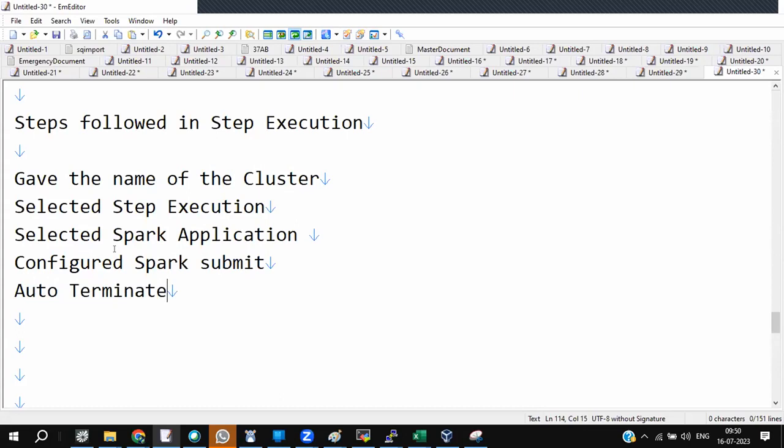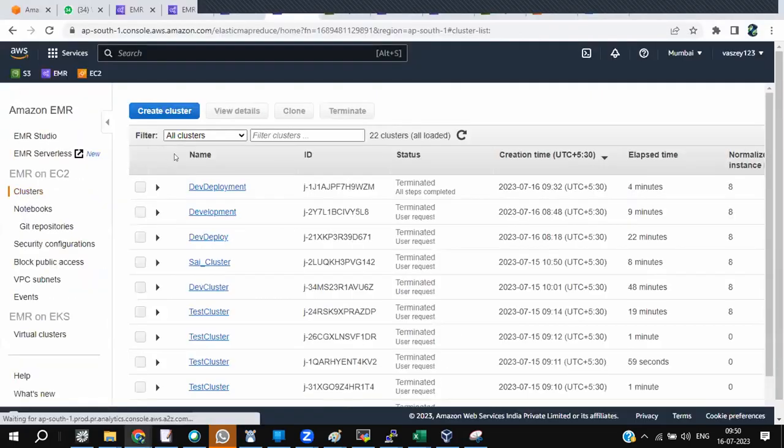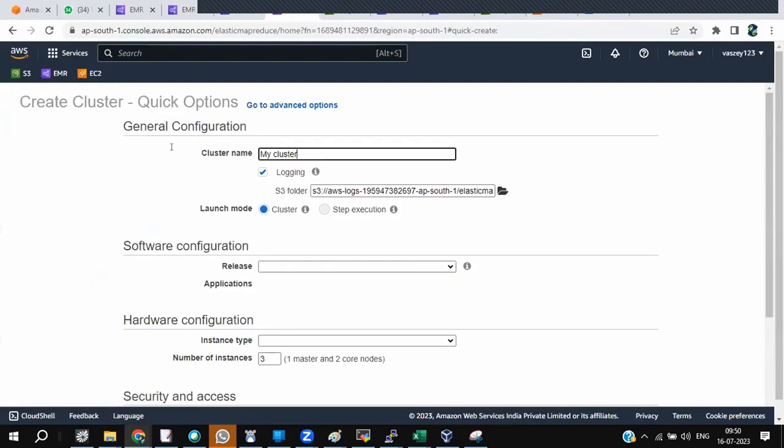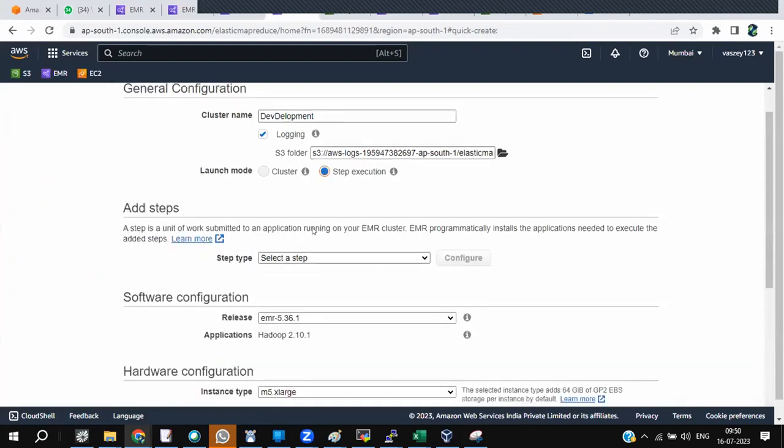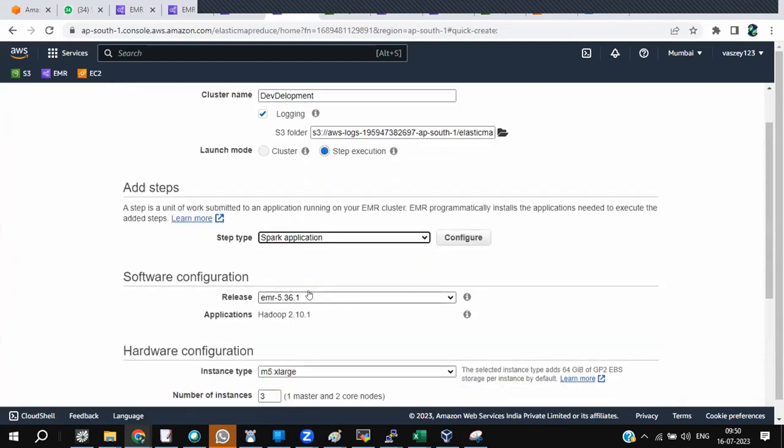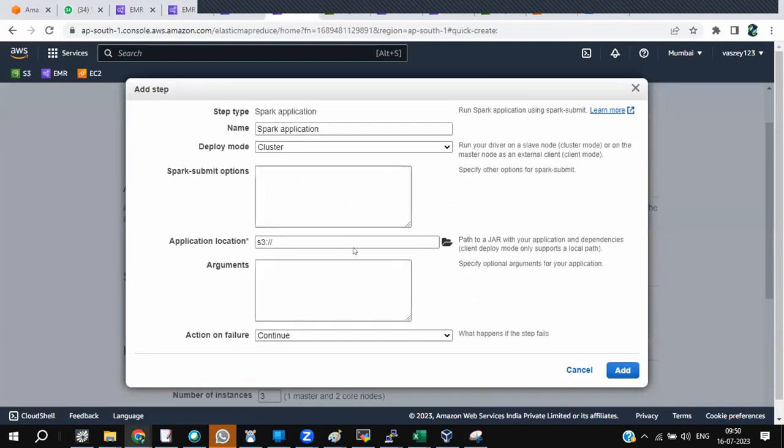This says I have done it manually. Gave the name of the cluster, selected the step execution, selected Spark application. That's what I have done. Manually, I created a cluster, gave dev deployment, right? Then selected step execution, gave Spark application, and configured it here.